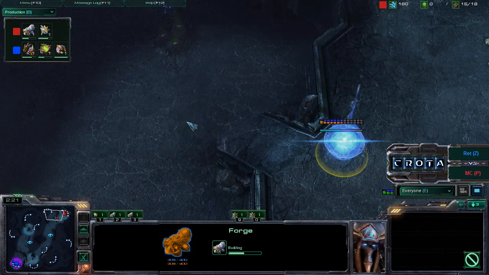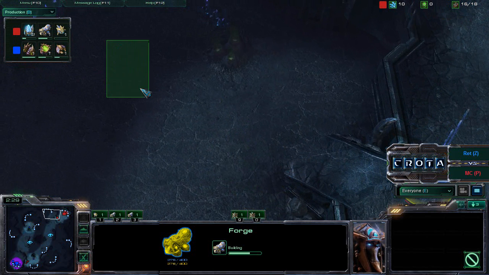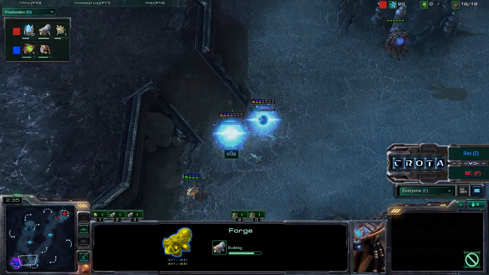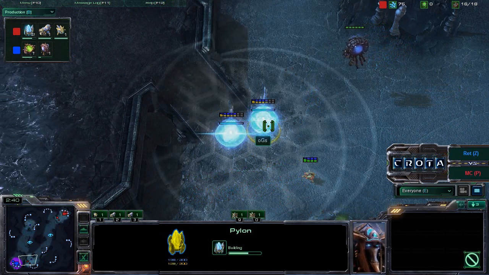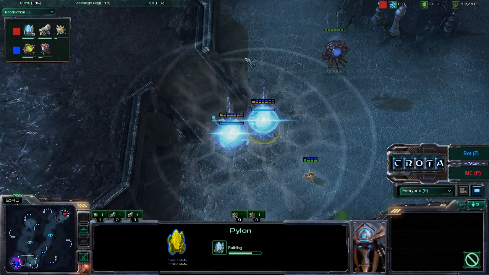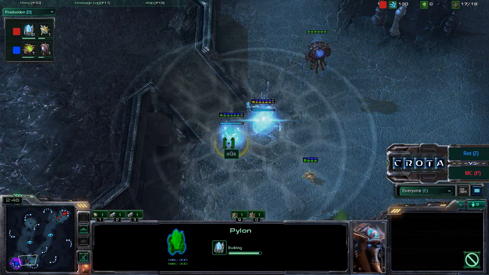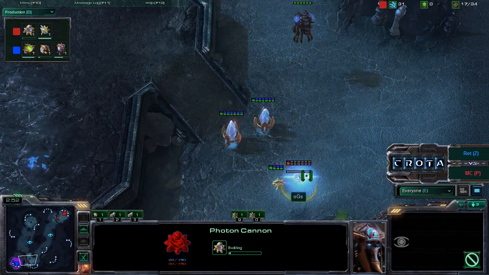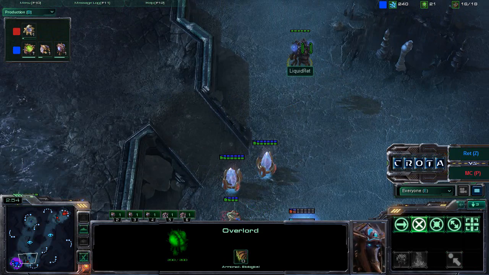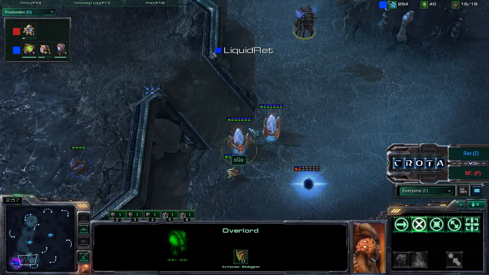So he may get a pylon here, and then a pylon here, a gateway, perhaps a cannon here, and then try to get a nexus here with another gateway or another pylon here. But no, back over here we now see the double pylon block coming in from oGs. So oGs will do a double cannon, a double pylon block, and will he be able to perhaps push himself manually through? We do see one photon cannon currently coming in, and now LiquidRet sees the trouble that